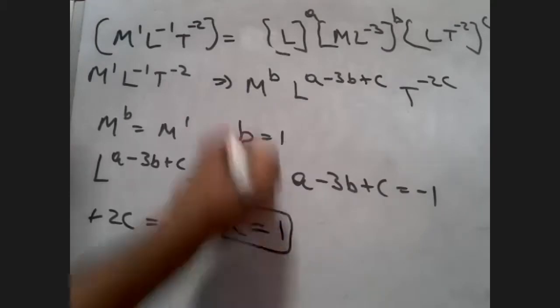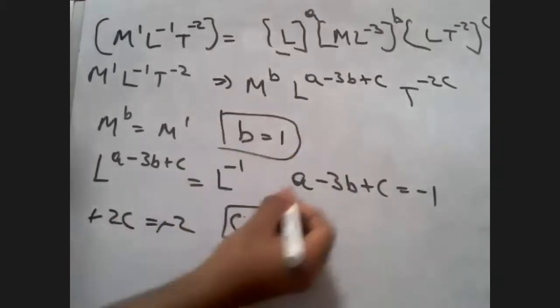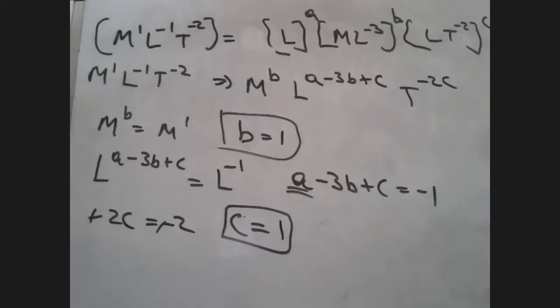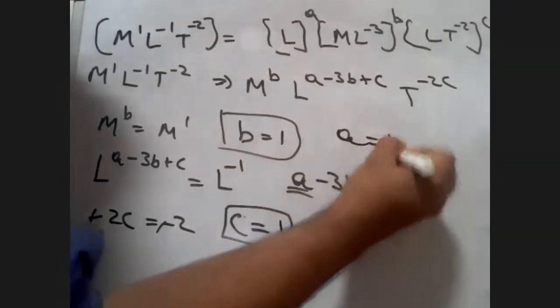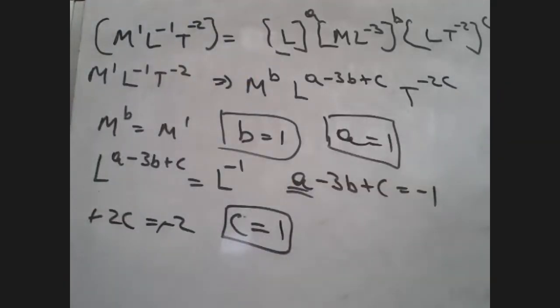If you got B as 1 and C as 1, then what is A? Do it, substitute and tell me what is A. A is also 1. So now, since we have got all the exponents, students, that A, B, and C are equal to 1,